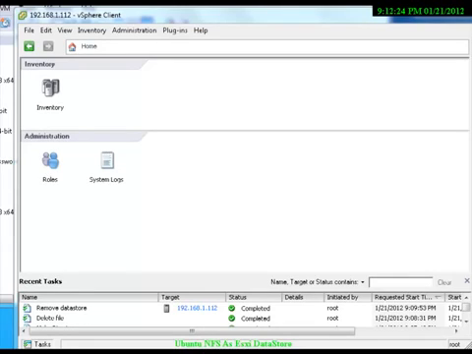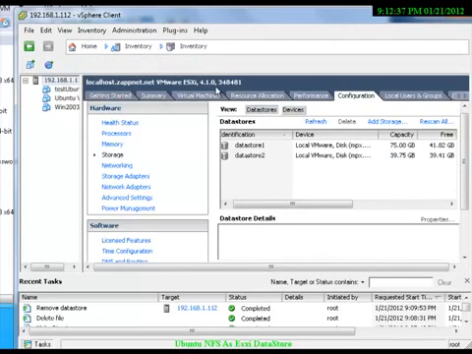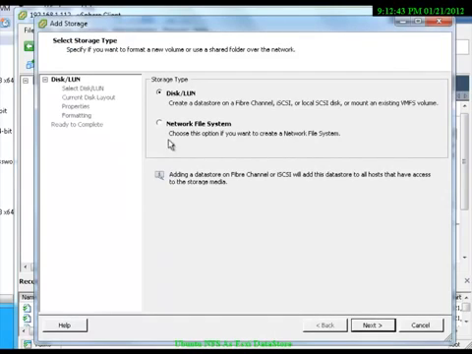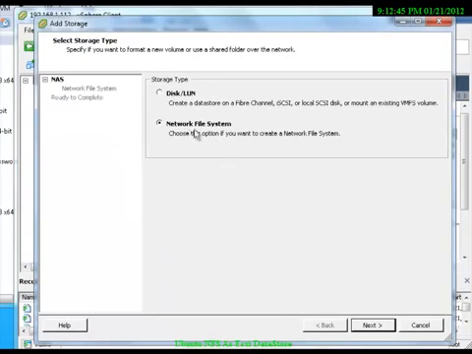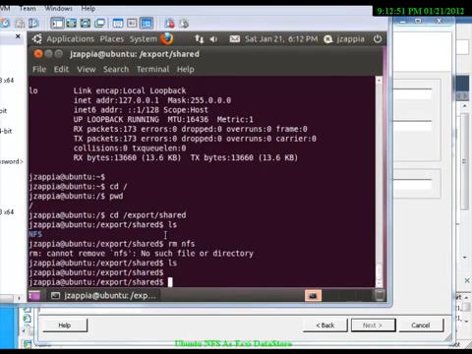Now that Ubuntu is prepared to be an NFS mount point for ESXi, I opened up my vSphere client to my ESXi server. I'm going to go into inventory, into the host, configuration, storage, and here's my current storages. I'm going to add a network file system, which is an NFS connection. The server's IP address, I haven't shown you this before, but it's